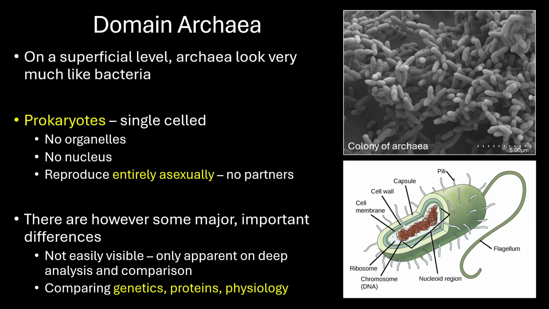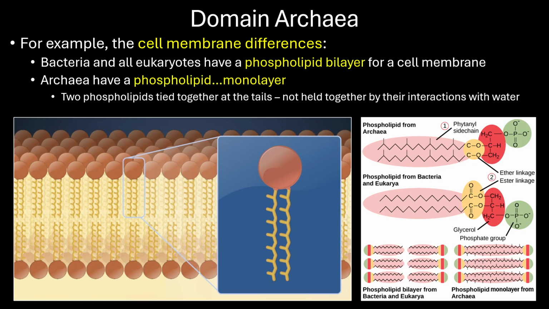But there are some really important differences between this group and bacteria. They're just not so easily visible. It's harder to see these things, partly because those differences are in their genetics, they're in the proteins they make, and they're in the distinct physiology, the way that their cells work, essentially. So I'll give one major example right now. I mentioned previously that bacteria and also all eukaryotes have a phospholipid bilayer for a cell membrane. Okay, that looks like this. That is this